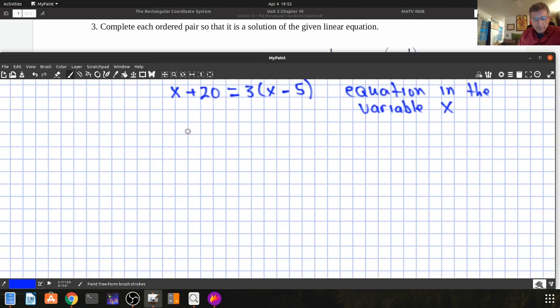However, sometimes we can have equations in two variables. For example, x plus